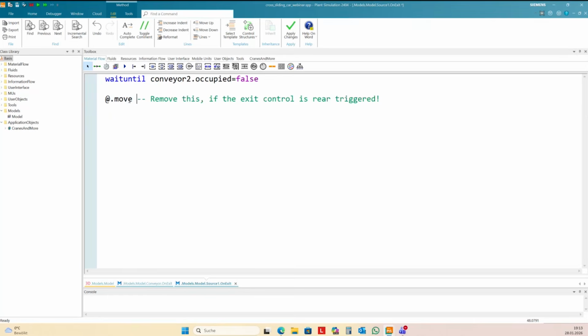And then I move this part to conveyor 2. Conveyor 2 point length. This should be a comma.